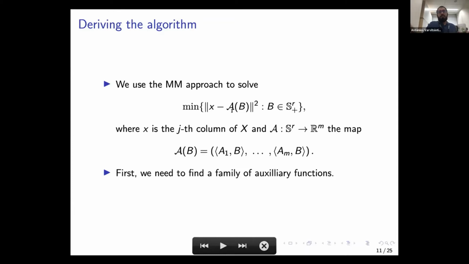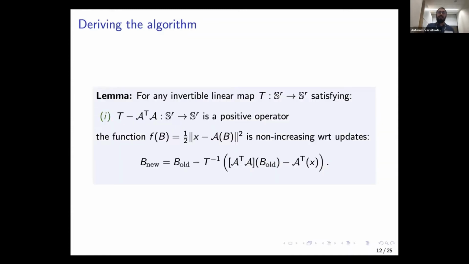Okay, so again, the first thing we need to do is find an appropriate family of auxiliary functions. So that's the first thing we need to do. Now, the baby lemma, which is going to motivate the core, I guess this is like step number 0, which is going to lead us to the algorithm, is that if you could find a linear mapping which is invertible,